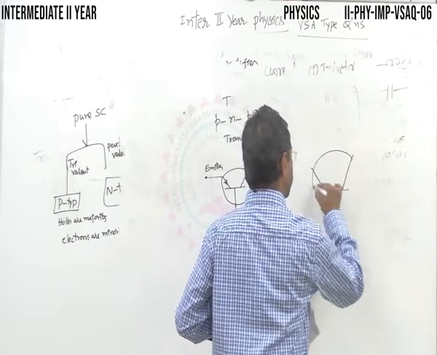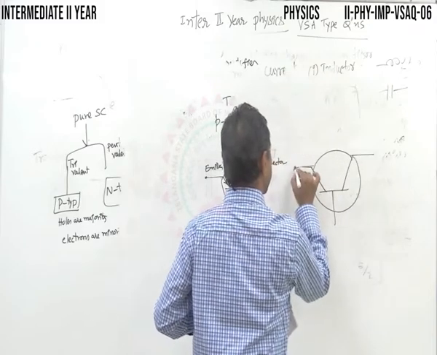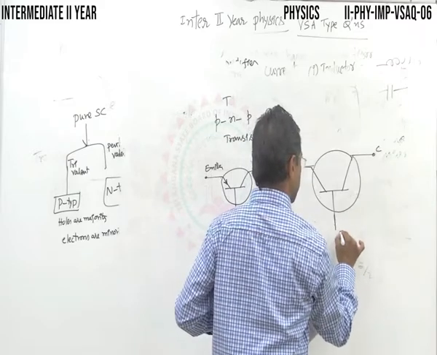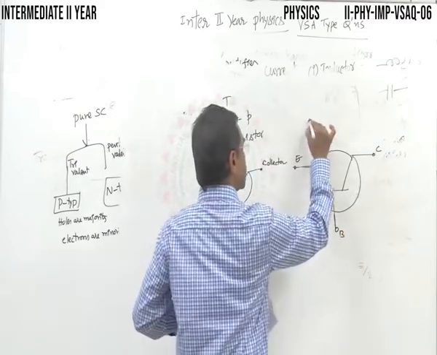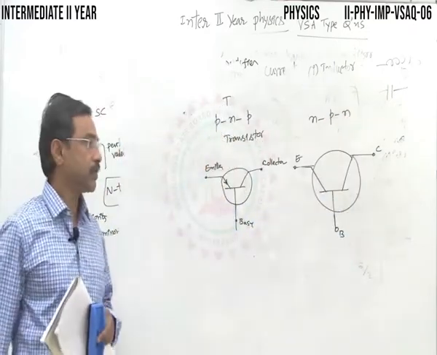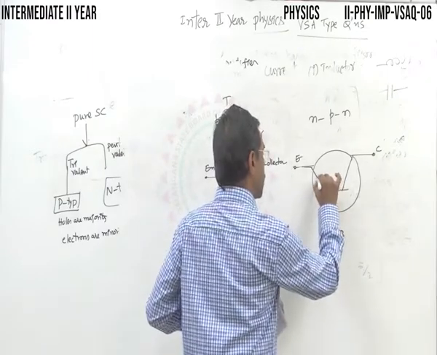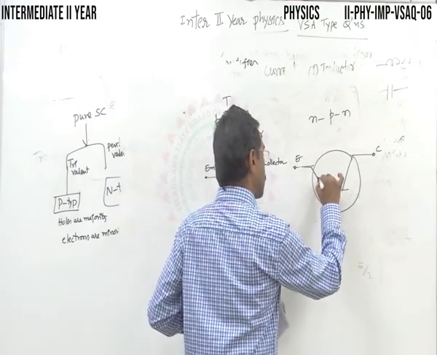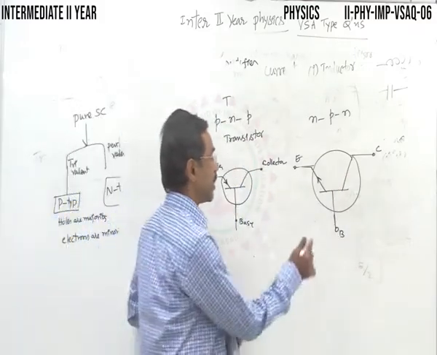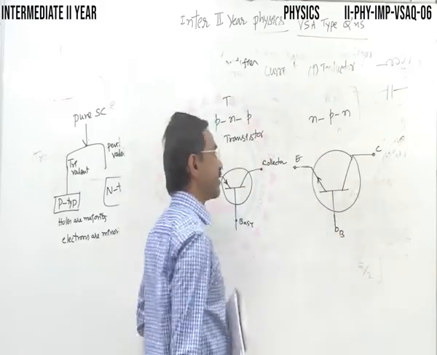If it is an NPN transistor, be careful and observe the change here. Say this is the emitter, this is the collector, C for collector, and then this is the base. If it is an NPN transistor, you read it like this, NPN, the arrow must be only on the emitter. Now it is pointing upwards. Earlier it was downwards from emitter to base. Now it is upwards from base to emitter, right? So this is an NPN transistor.